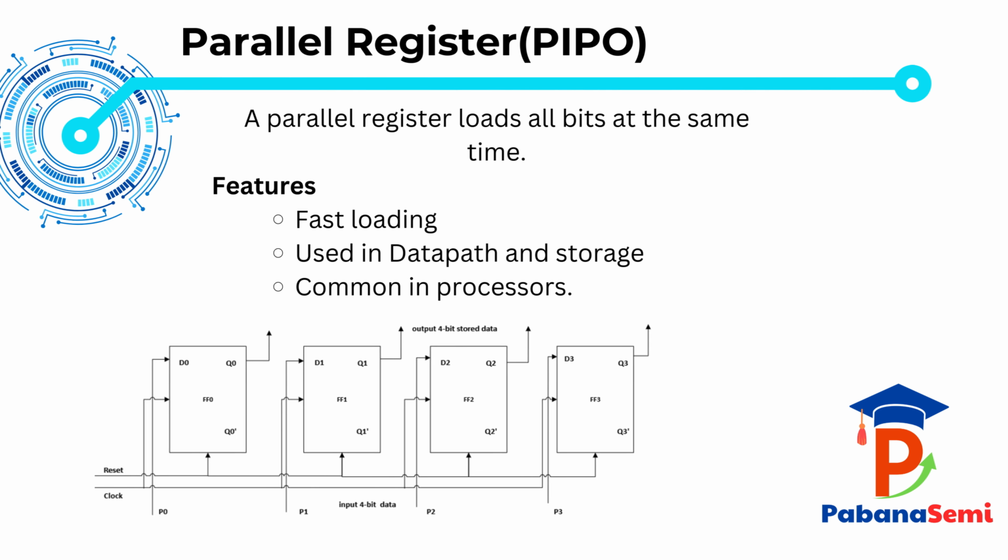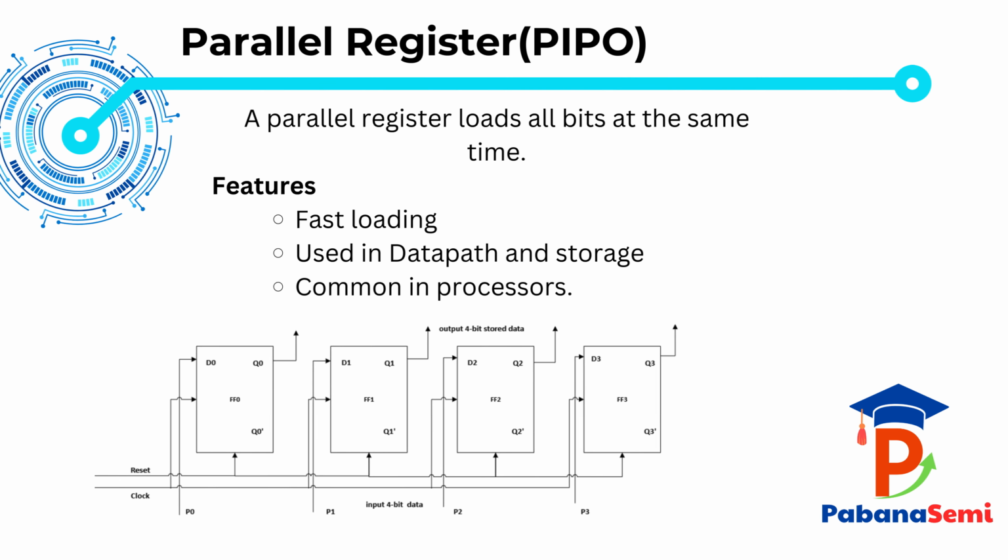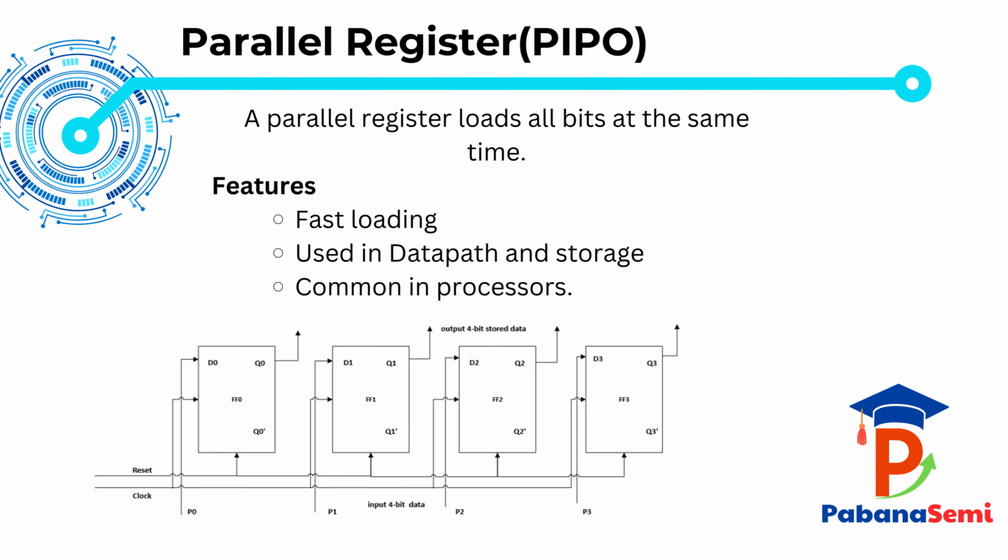This slide shows a parallel register, also called PIPO, which stands for Parallel In, Parallel Out. In this type of register, multiple bits of data are loaded into the register simultaneously through parallel inputs. In this example, the inputs P0, P1, P2, and P3 are stored at the same time in the flip-flops FF0